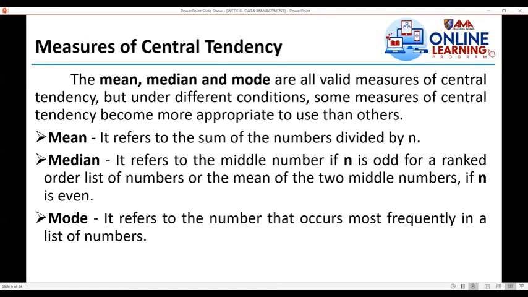One example is when we use a Likert scale in gathering or collecting information for a given data set. In that case, median and mode are more appropriate than the mean, since the level of data in that particular situation using a Likert scale is ordinal data, and ordinal data can be described only using median and mode.